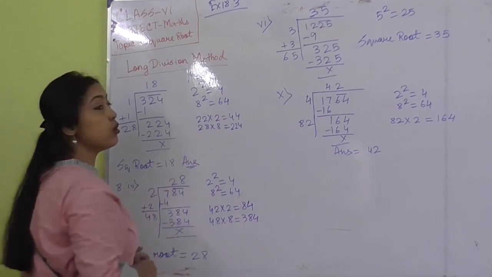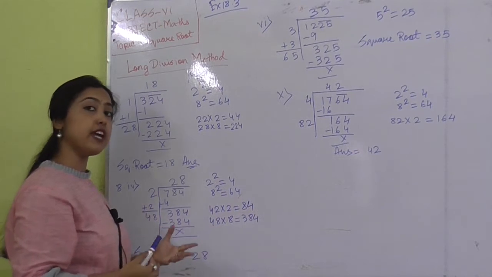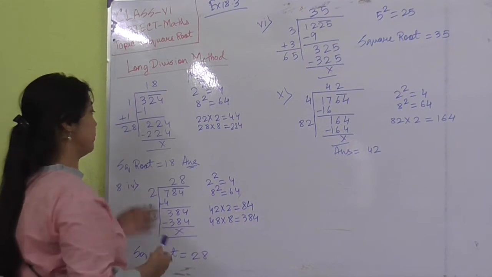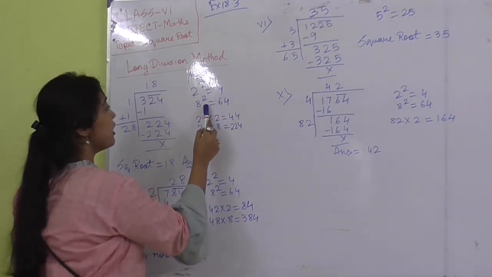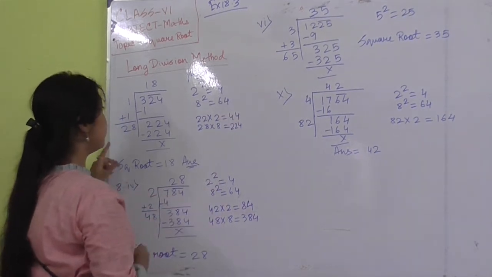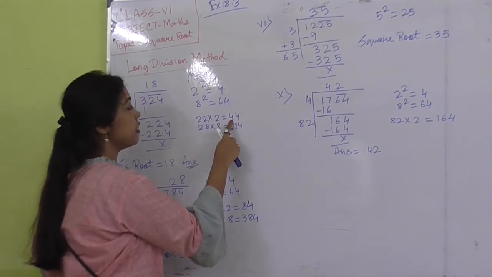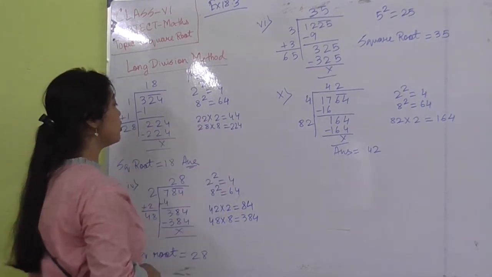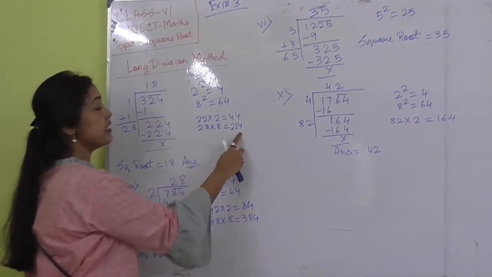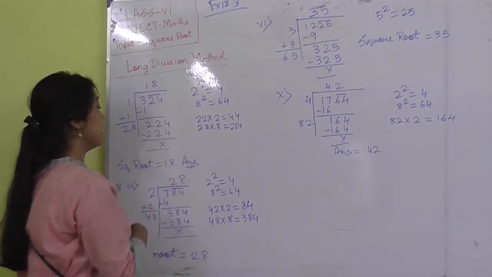Since the number 4 is in the unit place, 2 square is 4, 8 square is 64. So we have to take such a number whose square has unit place also 4. Here 2 square is 4 and 8 square is 64. Here you can see the unit place is also 4. So if we take 22, that is 22 into 2, it is coming as 44, which is very much less than 224. But if we take 28 into 8, then it is coming as 224, and we are writing this 224 over here, and it is cancelling out.